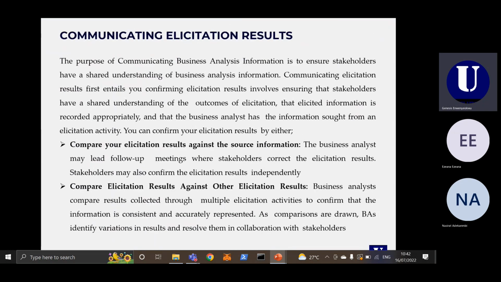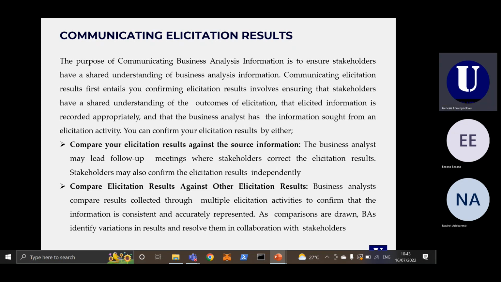So the purpose of this is for you to ensure that your stakeholders have a shared understanding of the business analysis information. Communicating your elicitation results, first of all, entails you confirming your elicitation results and ensuring that stakeholders are aware of the elicitation results. To confirm your elicitation results, you can compare your elicitation result